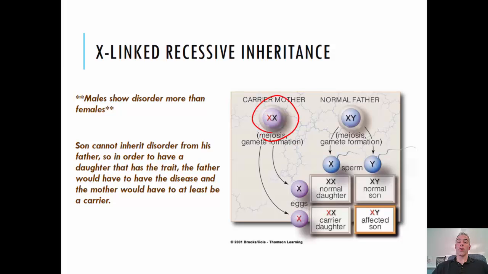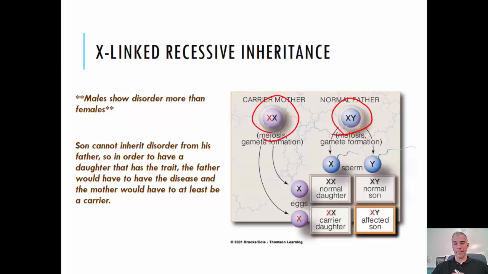So she has one functional copy, and the other one isn't functional, but because it's a recessive trait that we're worried about here, the dominant trait will express, and the mother will not express any abnormalities. But the father cannot be a carrier. It's not possible. Either you have the X that has the disease, or you do not, because the Y would